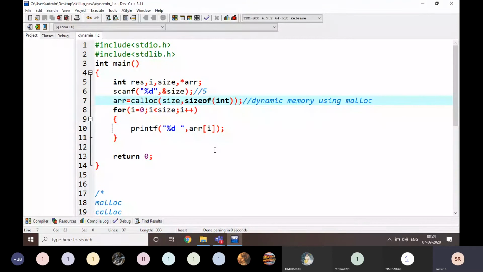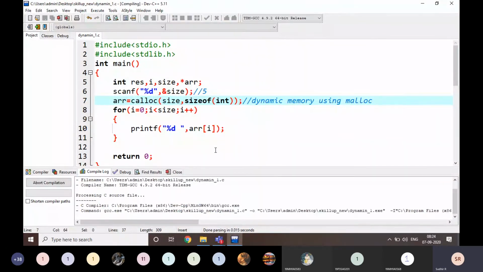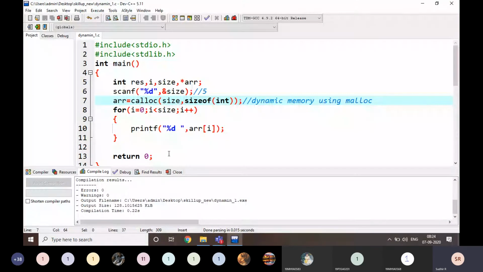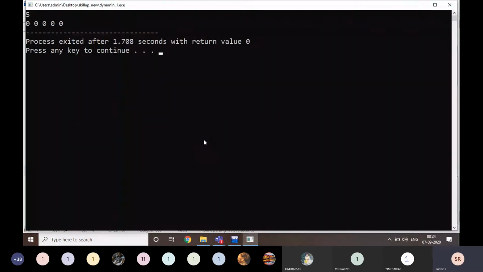I am going to print the values. Here it is going to be 5. Sorry. Execute it again. I am going to give 5, and look here. What are the values here? I am not reading anything, I am going to print the values. All 5 values are going to be 0 here.